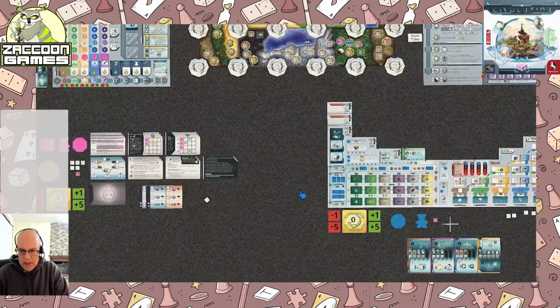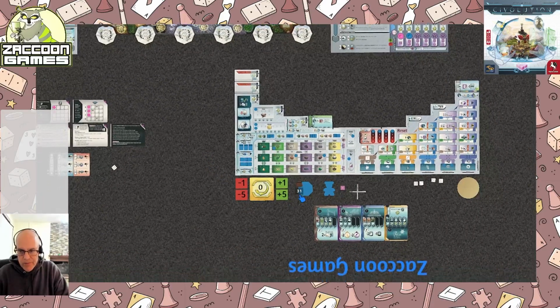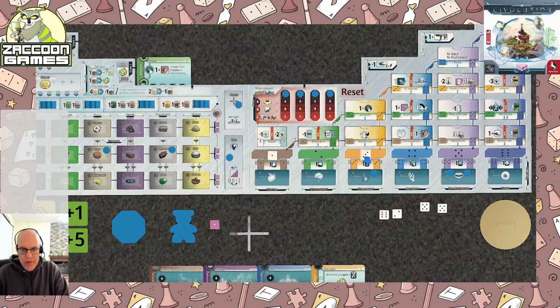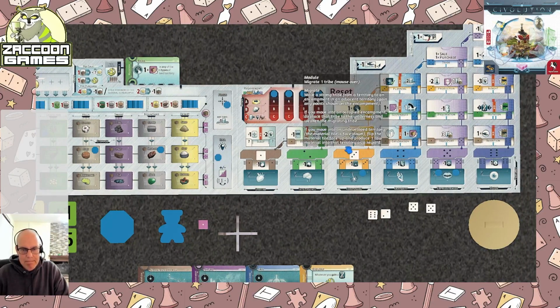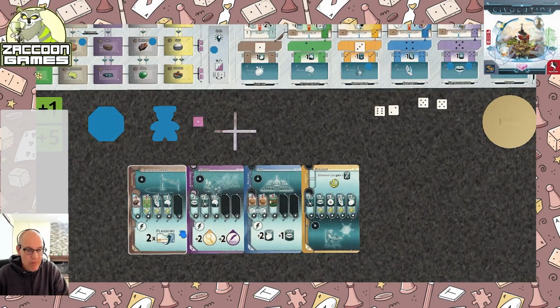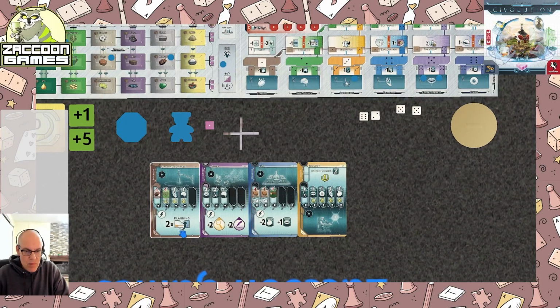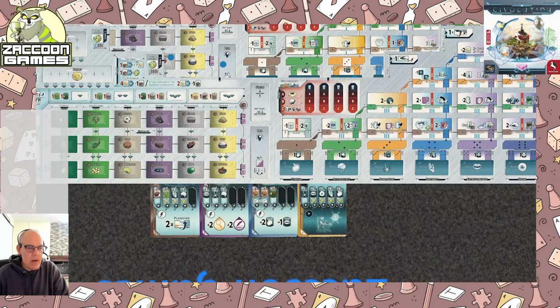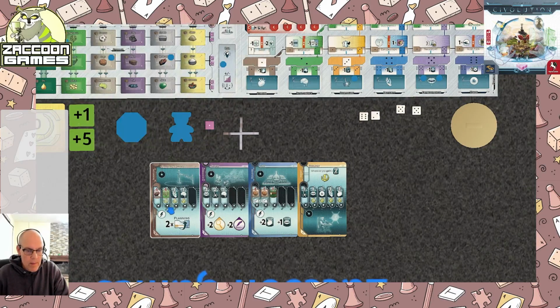Okay. So now I got my card. What can I do? I got a 3 and a 1, so I could migrate. I could turn that into a 2 and do one of those. Okay, let's look at this for a second. Because I can turn that into anything. I do like that. So I can get, what is that one? I can get iron ore. I need iron ore. Or